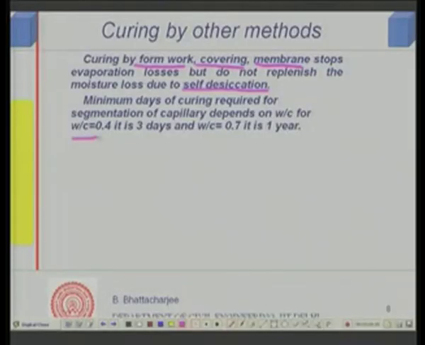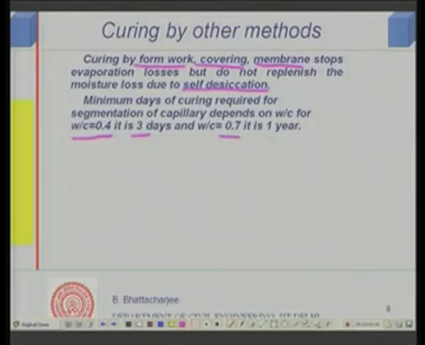Now, it has been seen that for segmentation of the capillary, the number of curing days required is a function of water cement ratio as well. For example, with water cement ratio 0.4, because 0.4 means less water filled space in the beginning. So, less capillaries to start with, because it is the excess water which does not react that forms the capillaries. We will come to this again and again, because this is very important from the point of view of concrete. So, the higher the water cement ratio, the more will be the capillaries, and therefore, you require a longer period of time